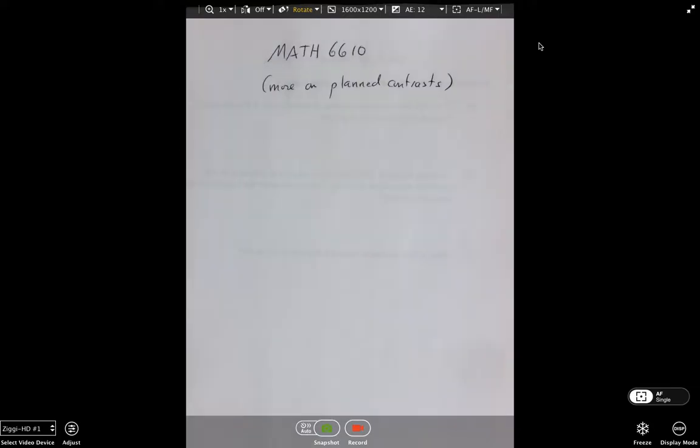In this video we're going to look at more on planned contrasts, and we're actually going to get our hands dirty this time and get into R and see how we set these things up. And I think that's really where you see the true advantage to conducting these things. So guys, anyway, in the last two videos I hope you have a better understanding of planned contrasts and